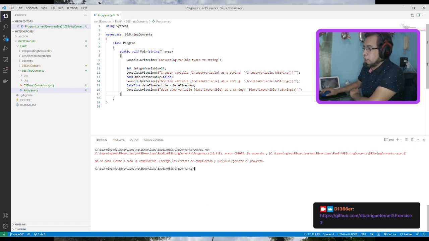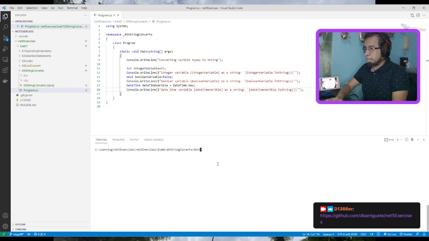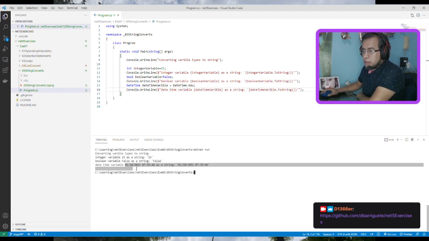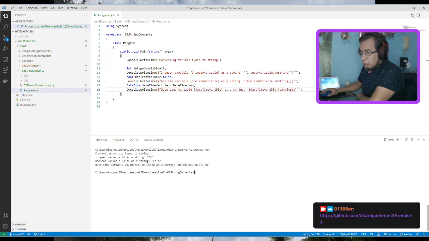There's an error. Okay, my bad. Forgot the semicolon here. So datetime variable, you have October 1st, 2021, 7:39:48, and as a string, you have the same value. Okay,